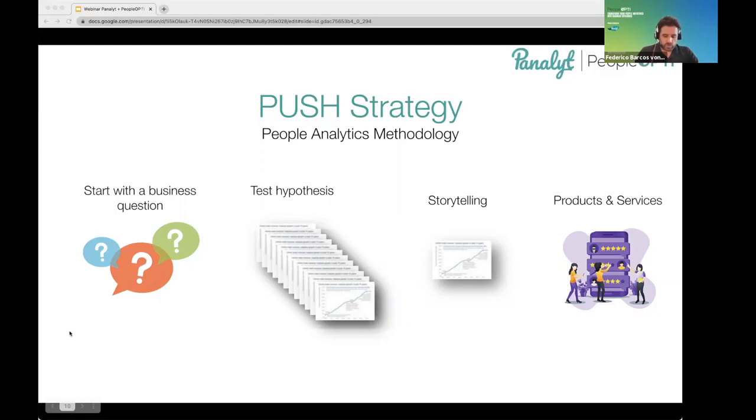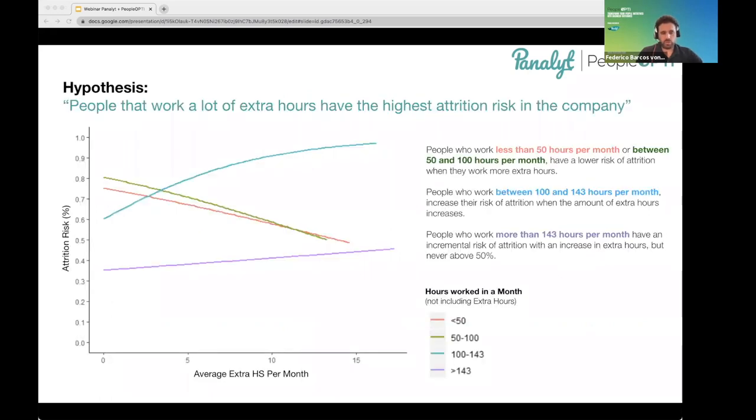And reinforcing what you were saying, it's critical that the people analytics team that is going to be executing a push strategy can really understand the strategy of the company, because those are going to be the big questions that you want to solve from this perspective. And in the long run, you are going to try to automate the kind of insight that you can produce. And if we go to the next slide,